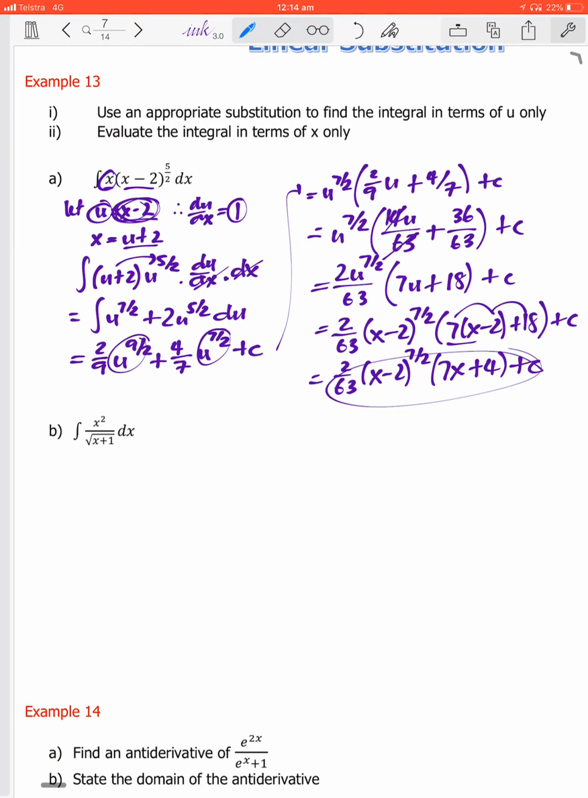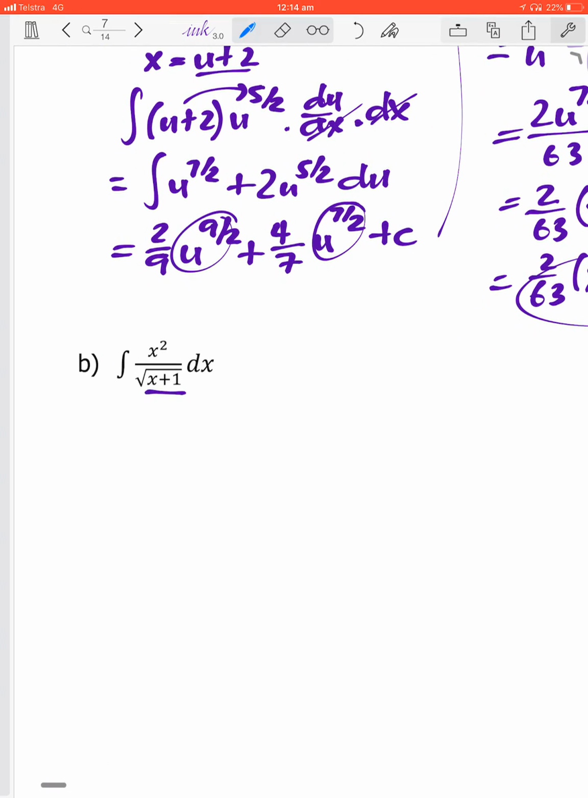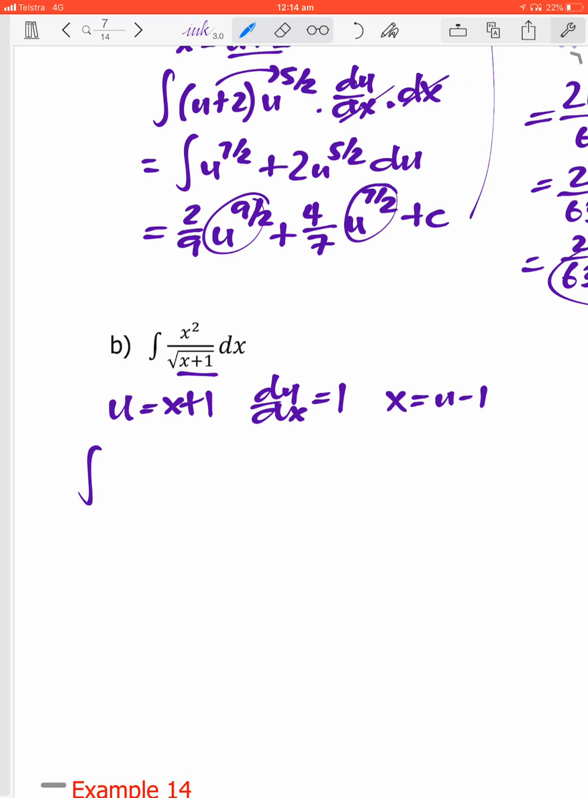Okay, in this case our linear part is x plus 1, so let u equal x plus 1. du/dx is therefore 1, so we can just add it into the equation. And we know that x is equal to u minus 1. So we can say